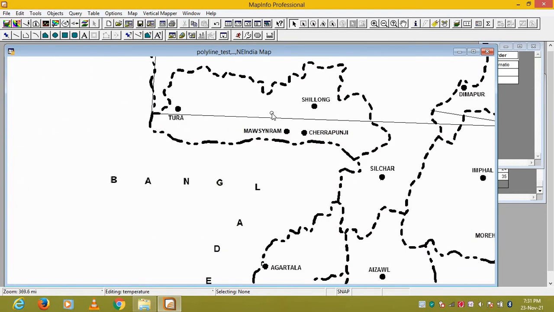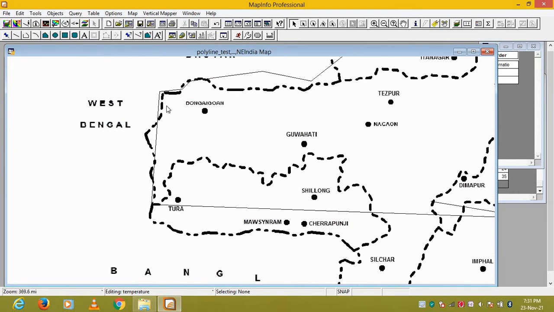So, now for international border, you need to edit. As you can see from the previous map that was provided, this international border is somewhat different from this state border. This is called state border or interstate, and this one is international border. So for editing those lines, you select the line, like this line over here. Then you can just